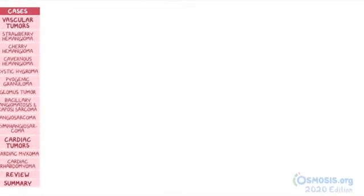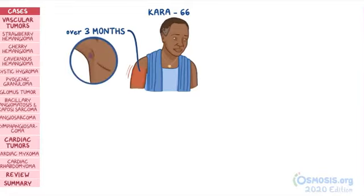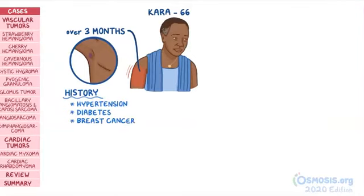Two people came to the clinic one day. Kara is a 66-year-old woman who came to the clinic after noticing gradually developing left arm swelling and redness over the past 3 months. Physical examination reveals a tender, purplish lesion along the left armpit. She has a history of hypertension, diabetes, and breast cancer that was treated 10 years ago with a modified radical